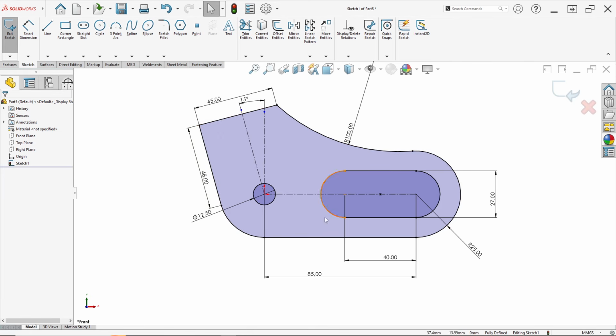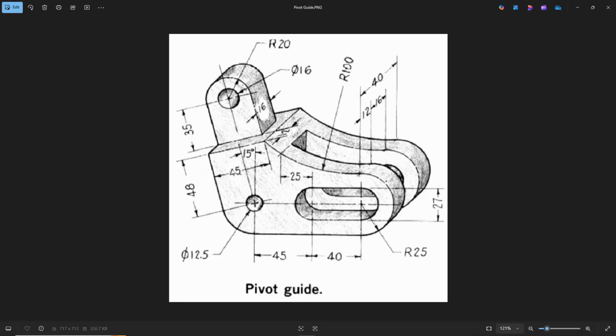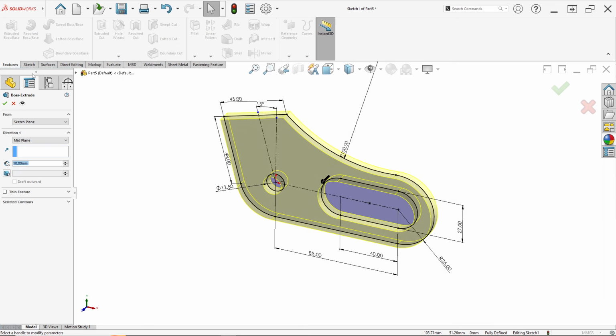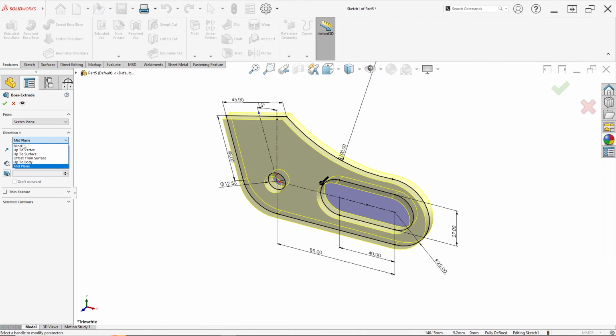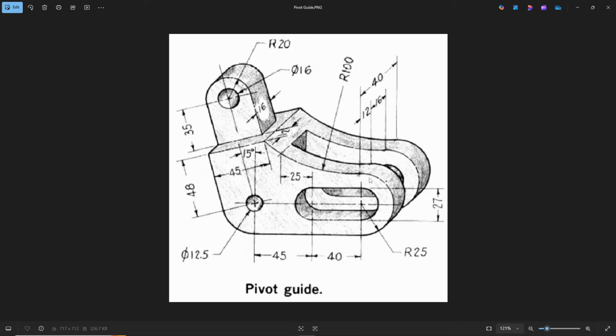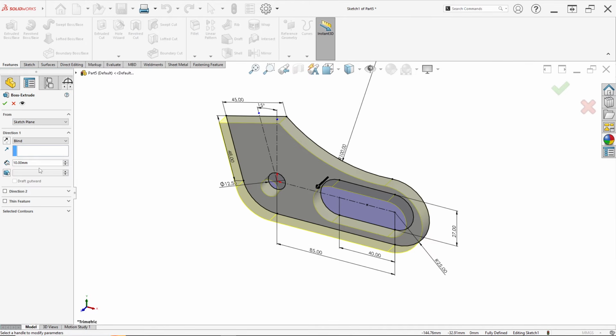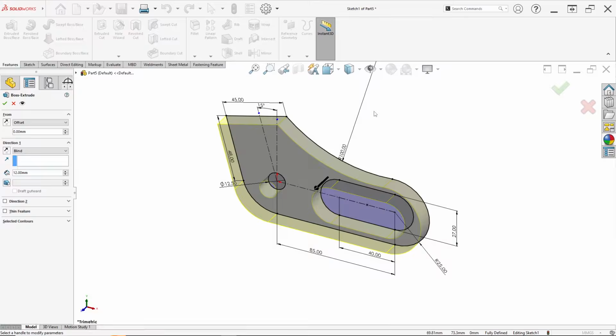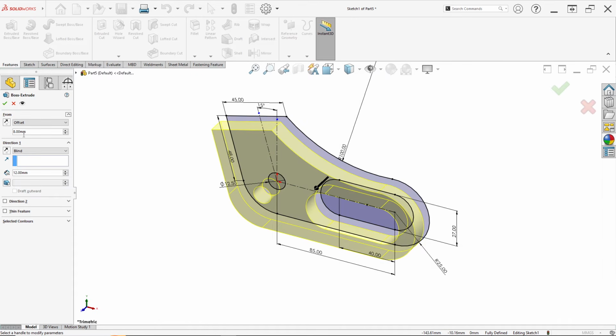After you make the sketch and input all dimensions appropriately for this drawing, just click feature and click extruded boss or base. For direction, we can change to blind. Here the thickness is 12, so change in here to 12 millimeter, but from in here we can change to offset, in here 16, this cut. So half of 16 is 8, so just input in here 8 millimeter from offset.